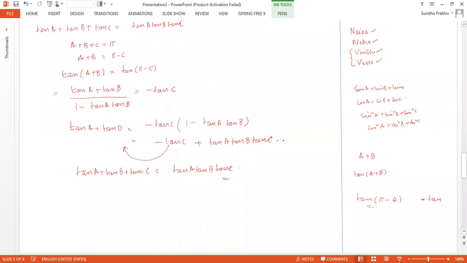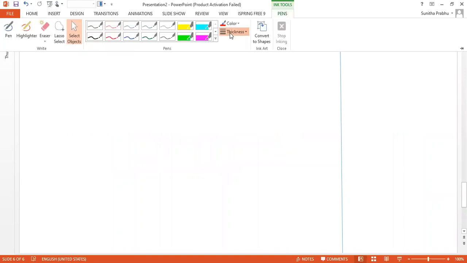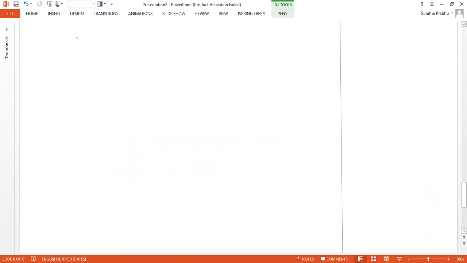All right, shall I move ahead? This also is a very popular sum. If A, B, C are the angles of a triangle, prove that